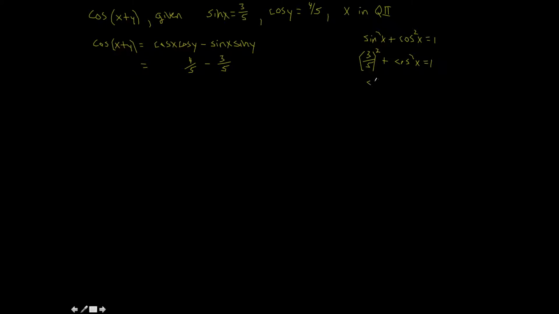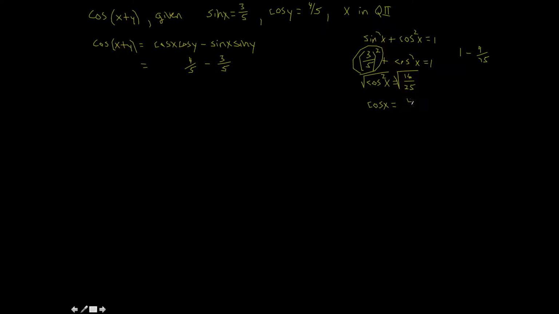So we need to say cosine squared x equals 16/25. Notice what I did there: 1 minus 9/25. I just subtracted my 9/25 right here from both sides. Okay? I subtracted it from both sides. Now take the square root to find cosine x. And so the square root of both sides here